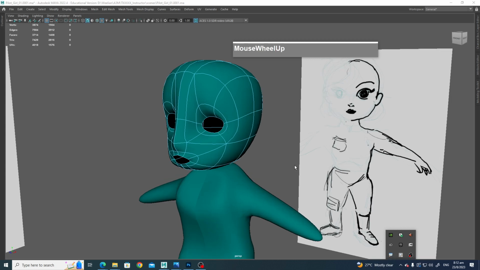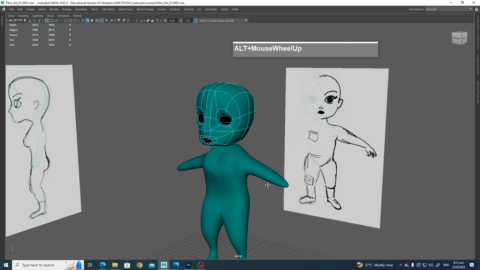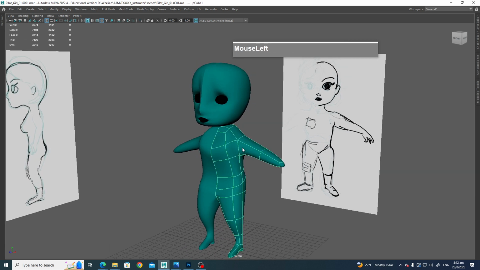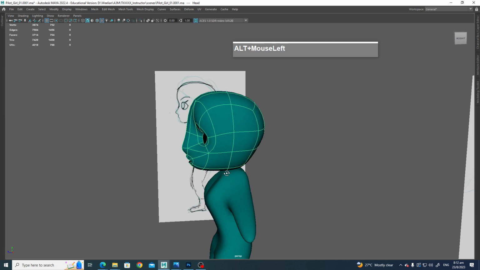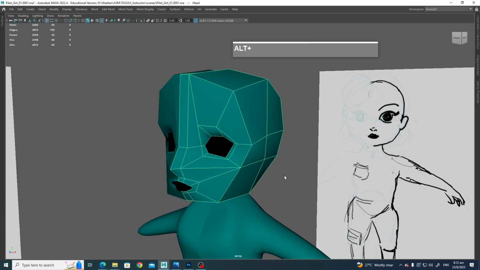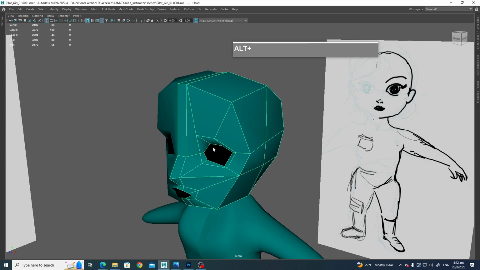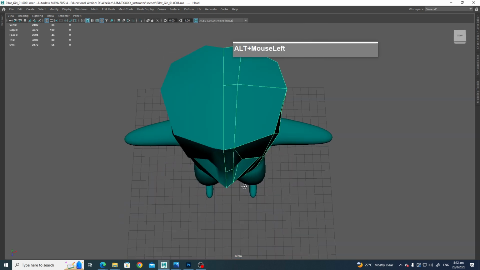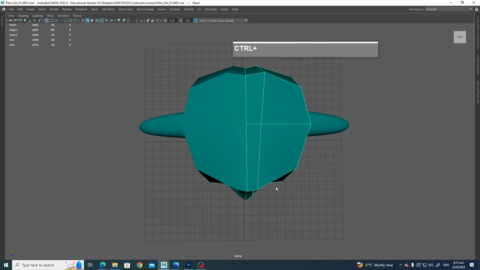Okay, so continuing where we left off from the last video, this is where we last ended. This is the blocked out character, the body, and then the head. For today, we're just going to concentrate on the head and try to add a little bit more detail. Let me go back to level 1, and you can see that we have the eye socket pushed back, and also some of the details,